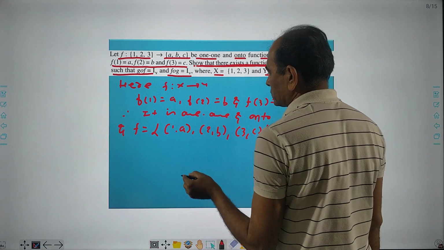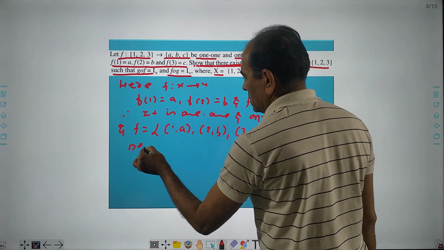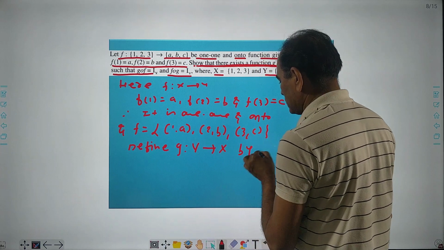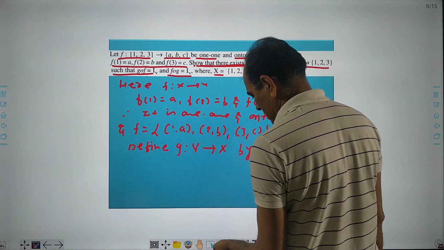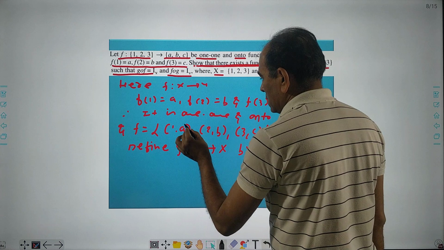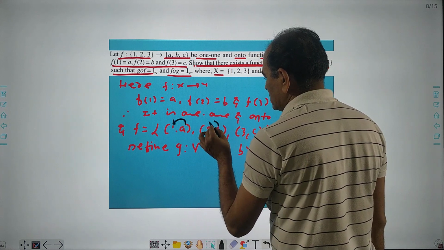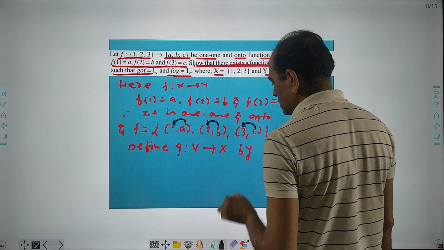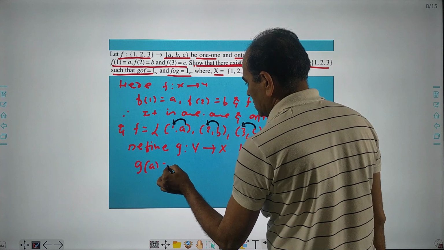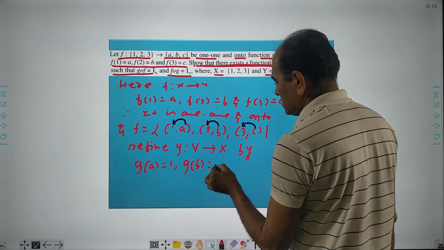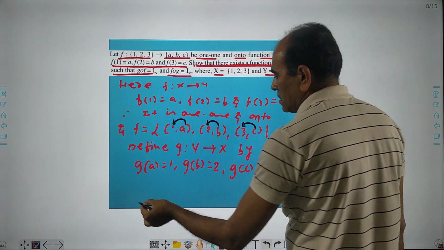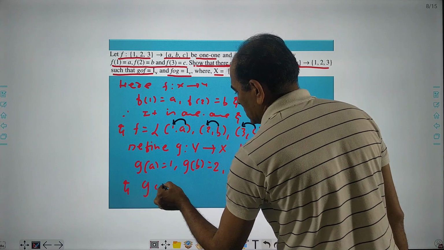X and y. Now define g from y to x by reverse process. See, define g of A is equal to 1, g of B is equal to 2, g of C is equal to 3. Clear? g of A is equal to 1, g of B is equal to 2, g of C is equal to 3, and g is also